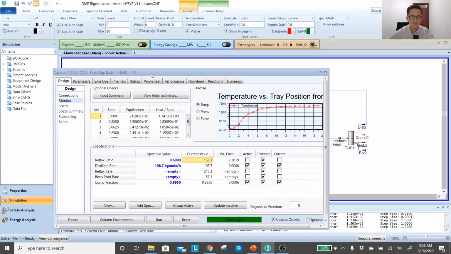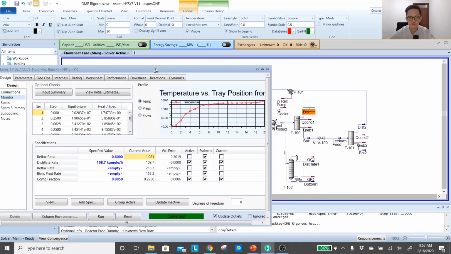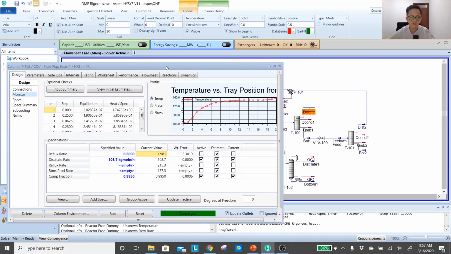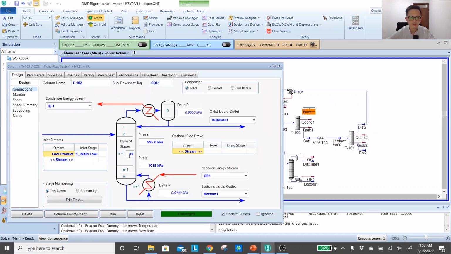But if you don't really like this high reflux ratio, of course there are a lot of options. Okay, remember your separation course. If you want to decrease your reflux ratio at the same purity of your products, it's very doable. How to do that? You have to increase the amount of stages. Okay, by increasing the amount of stages, there will be a more efficient contact between liquid and vapor, and you still can get the same purity with a lower reflux ratio.